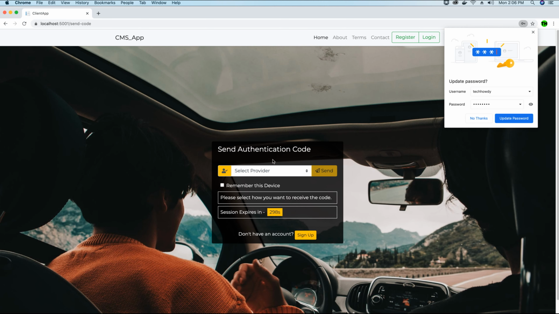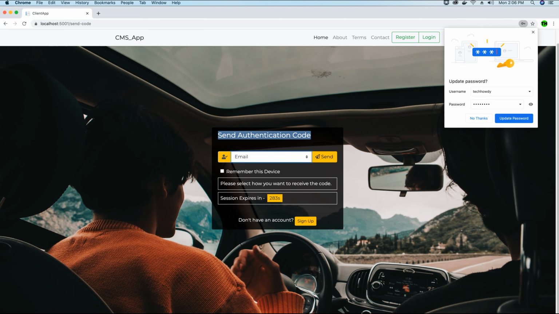So we will use that default credentials and log in. Once we log in, as you see, we have been asked to select the provider on how we want to receive the two-factor code. In this case, I'm going to choose email because we have not implemented SMS. And the send code component is used in the Angular application to